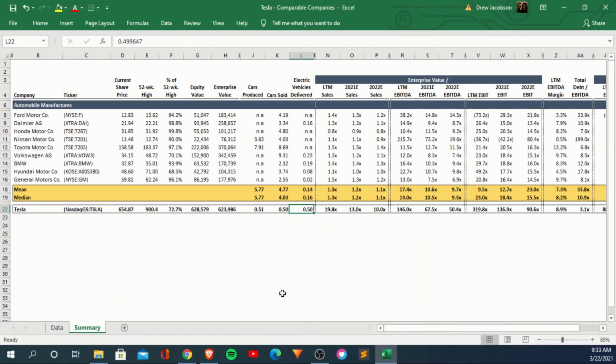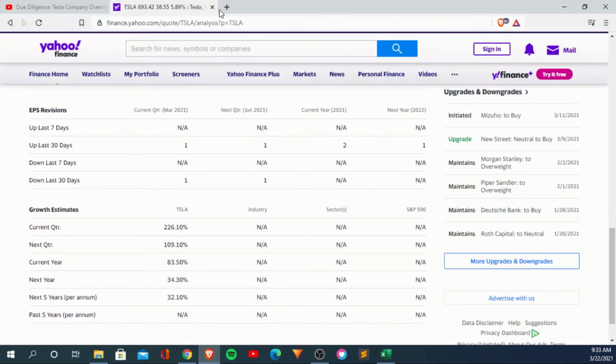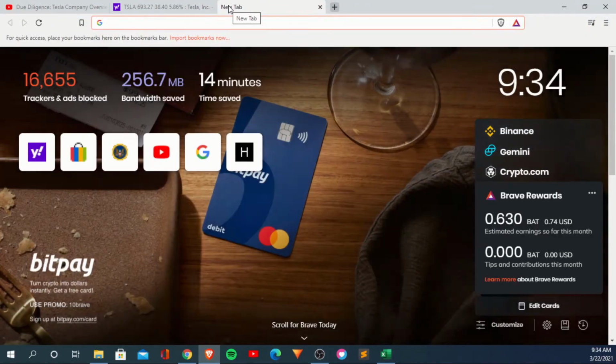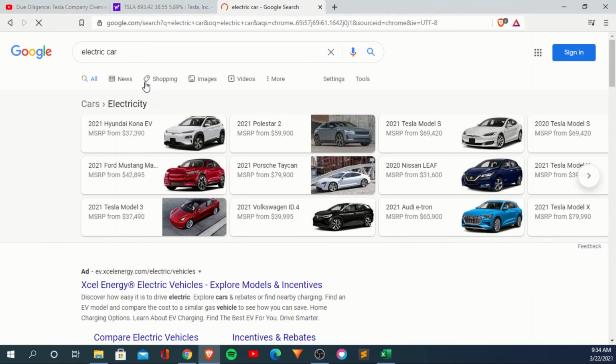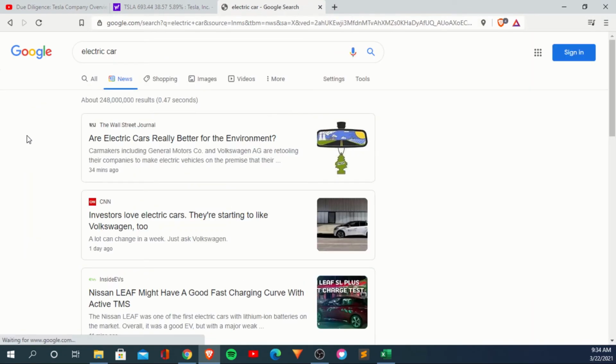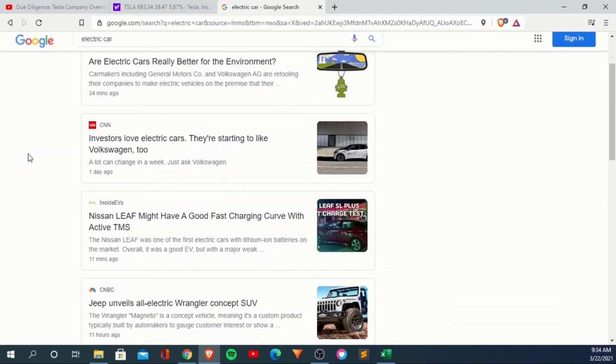But, you know, these legacy manufacturers are very much focused on combustion engines still, but they've all made announcements that they're switching over to electric production only. I think there's an announcement today. I think it was Volkswagen, I want to say, said they were going to stop production. Let me see, electric car. Maybe something will pop up here. I read an article this morning about it. Can't remember the